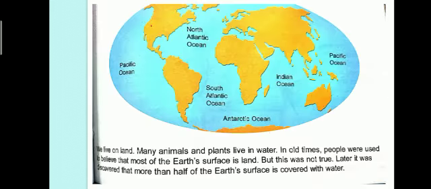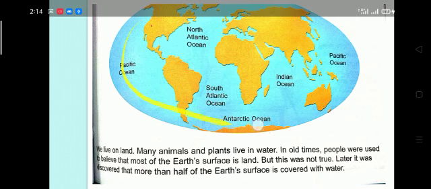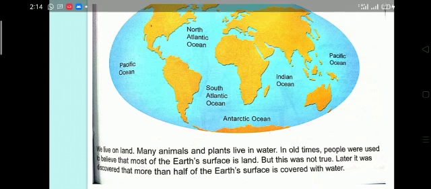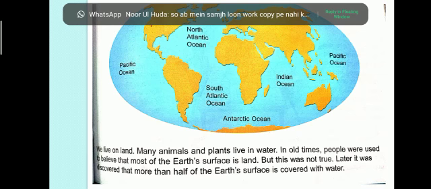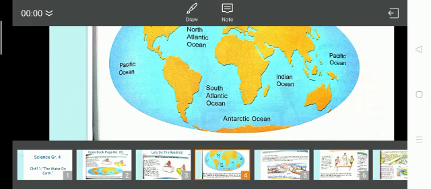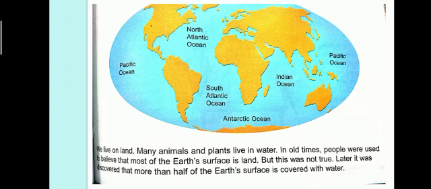Here on this page, you can see a map. This is telling us that most of our earth is made up of water. You can see it here. This is a map of our earth, and you can see it contains more water and very little of the yellow area. This yellow area is the land. So what I want to tell you is this,